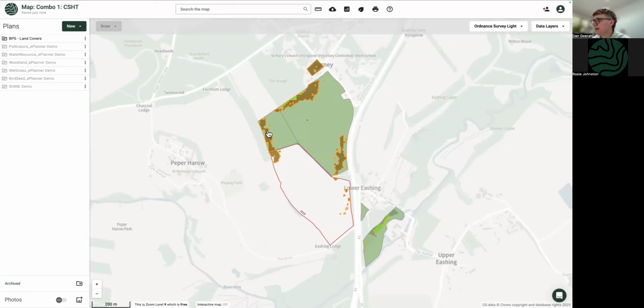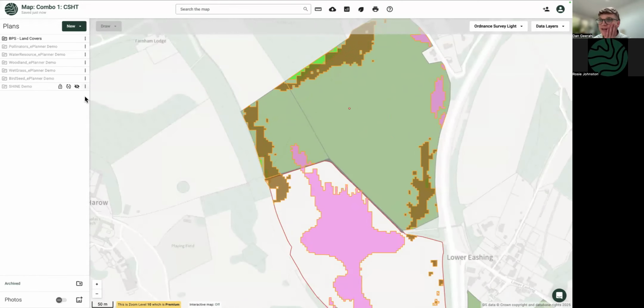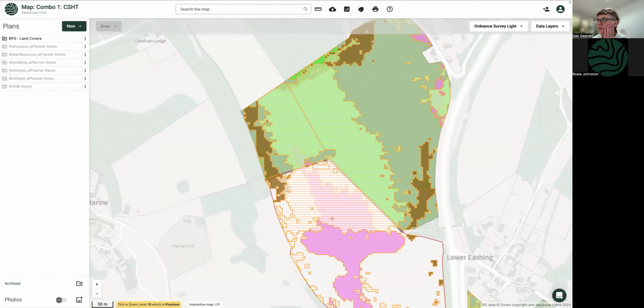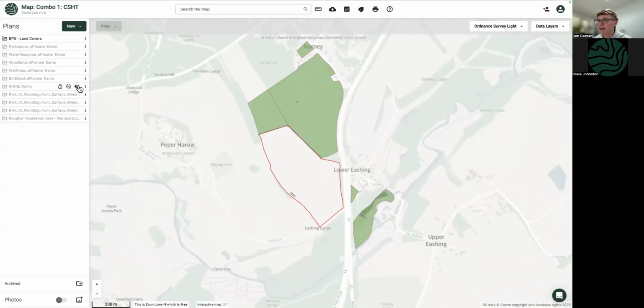Woodland, so you can see where the areas of woodland might be best placed, so around the edges. Wet grass, where they're detecting in their models there might be slightly damper areas. For example, I know this patch in pink over here is a damper area, and also the birdseed mix as well. So where on the farm's boundaries is the best place for planting your birdseed mixes, which are all things that we can include in our stewardship plan. Okay, so we've got all the different birdseed mixes, just going to keep whistling through. And then the Shine demo.